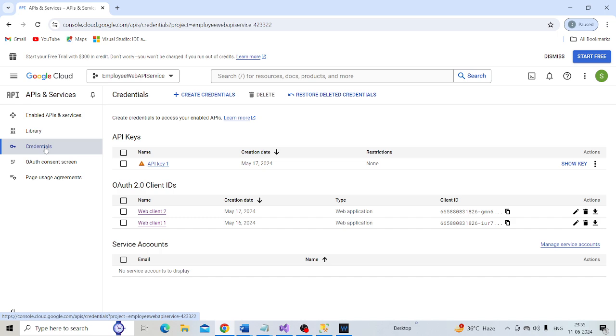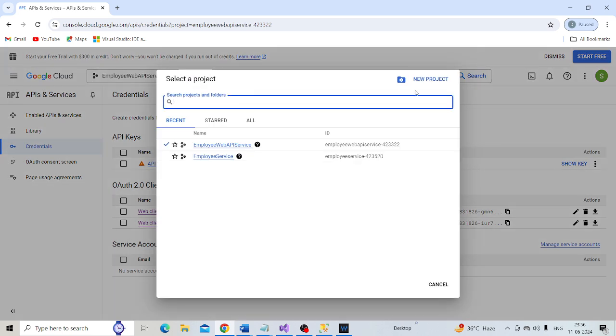I have already created my application, so I don't need to create it again, but to show you this step, how to create your application, click here and new project.